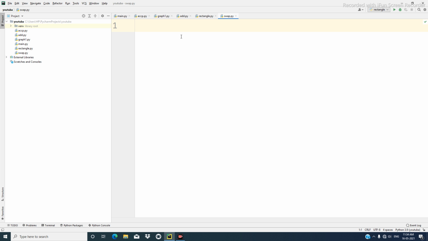Say we take A input as 10 and B input as 14. So after swapping takes place, you will find A is equal to 14 and B is equal to 10. That means the values of A and B are exchanged.